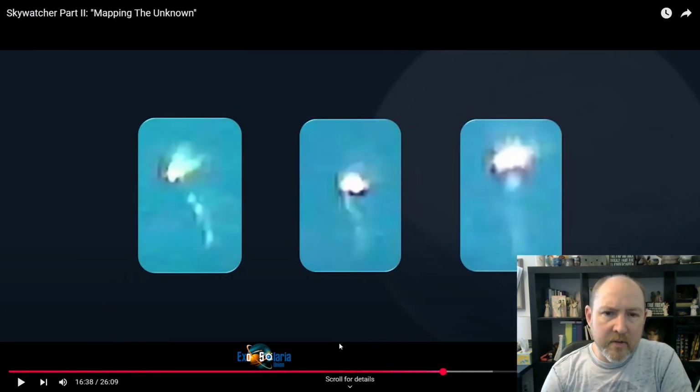All right, let's look at these. So there's obviously the head there, and then, quote, tentacles or whatever they are coming down. Same thing here. Here's the head. Here's the, quote, tentacles. And this is a much more defined head, and then the tentacles coming down. So what do you think? Jellyfish? Jellyfish UFO? What do you make of this?